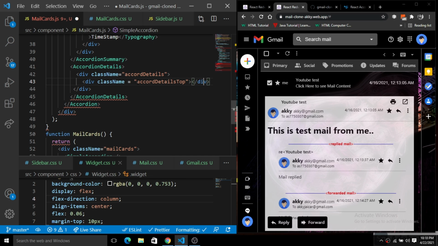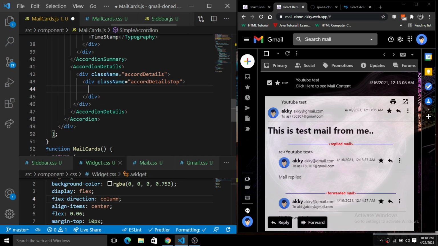Fine. So accord details top, and inside of this we have this p tag. Okay, so basically we have this p tag which has the name of the subject. So just put the name of the subject inside of this p tag, and then we will create another div.